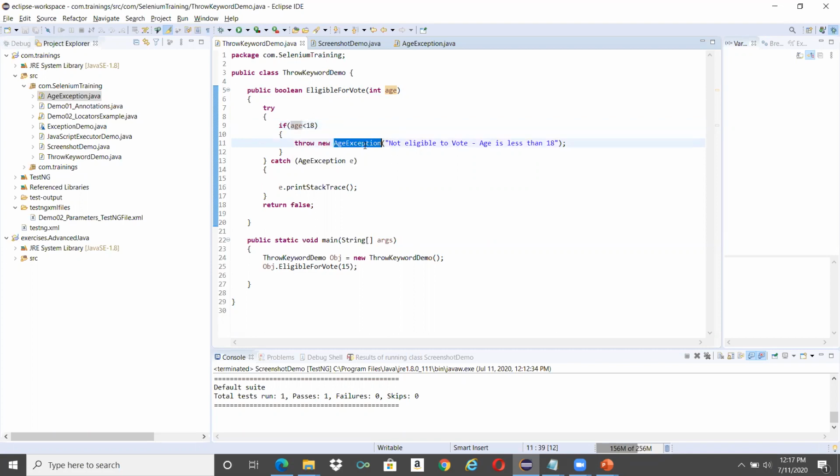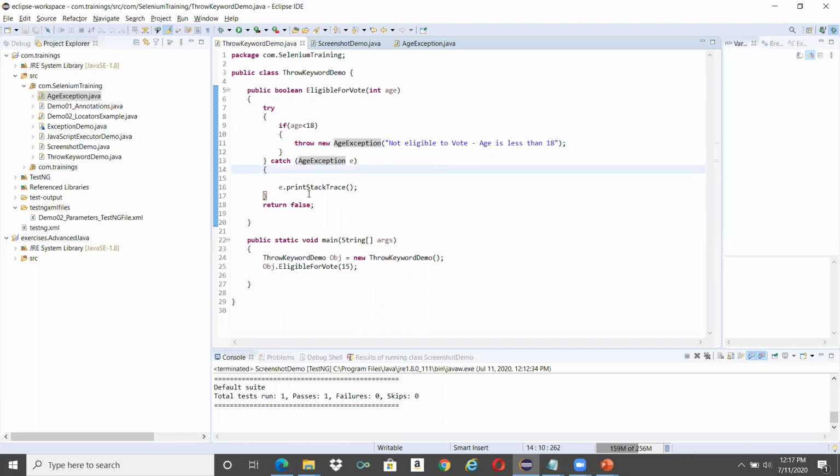So I want to throw a new exception with a user defined message, not eligible to vote, age is less than 18. I want to print this using my own exception.